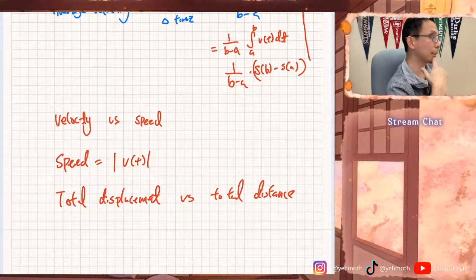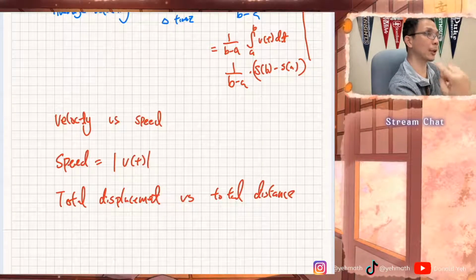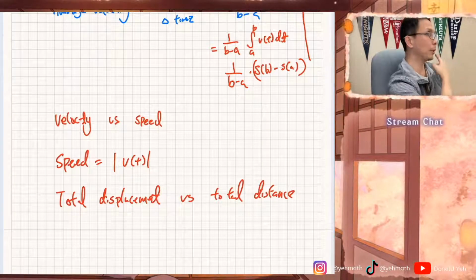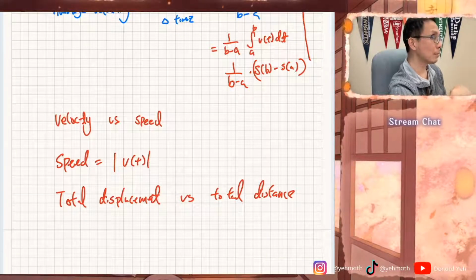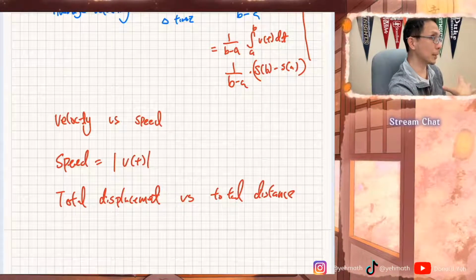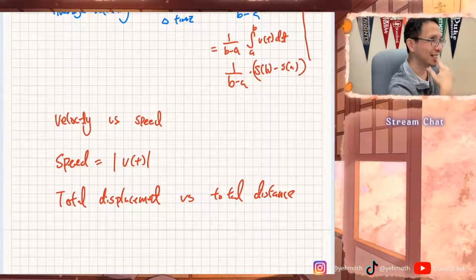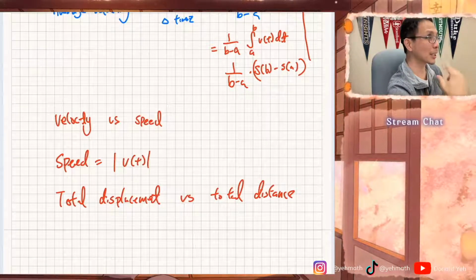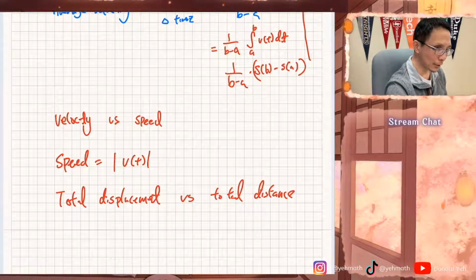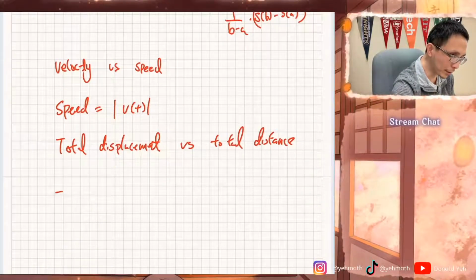That's exactly what you said. What if I'm right here and I go around the room and come back to the same position? My total displacement is going to be 0. I thought it was the opposite. No, total displacement is going to be 0, because total displacement